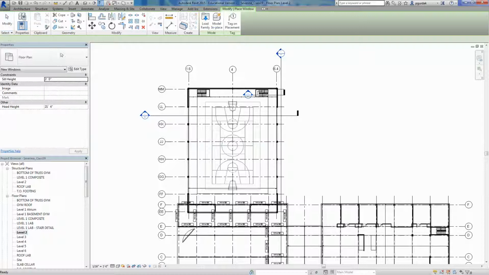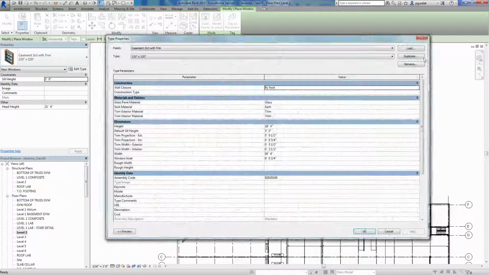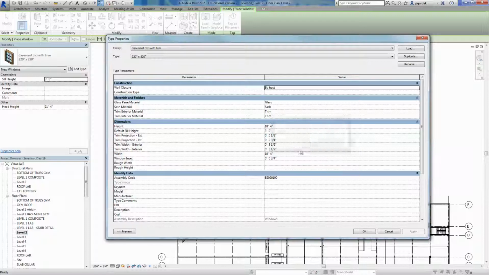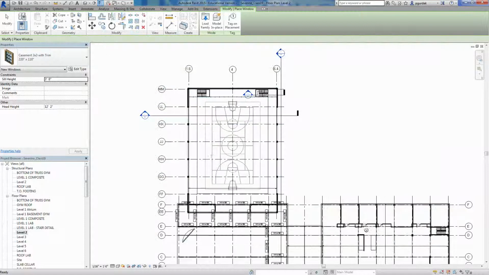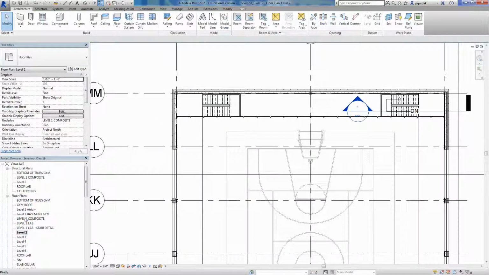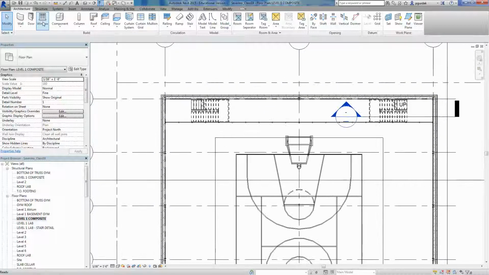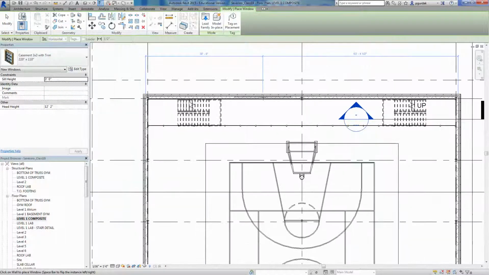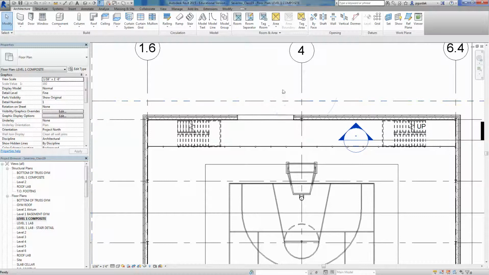Sorry, I'm going to just say window, edit type, duplicate, 110, and height is 110 inches. Okay, now that one we want it actually in level 1, so go level 1, and I'm going to say window, make sure that's the one we're dealing with, and I'm not sure, I think I'm placing a couple of them, so I'm just going to place it for now there without really taking care of that,